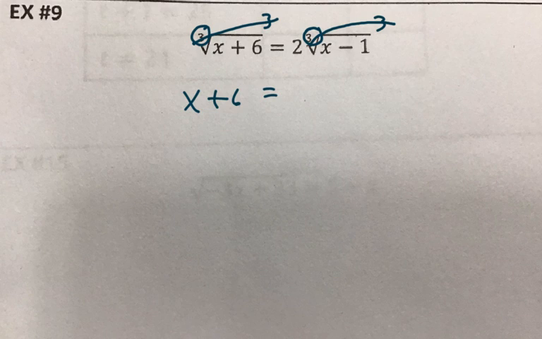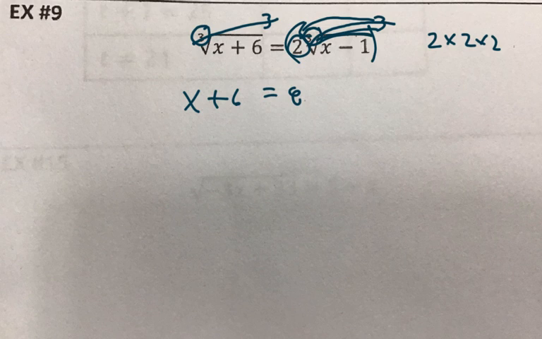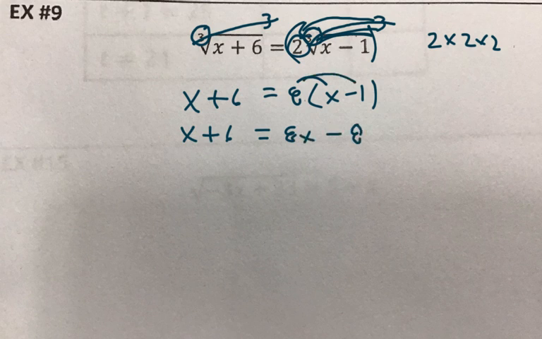Now, we have to understand that we're also cubing the 2. That could be the tricky part to understand. So 2 cubed, 2 times 2 times 2 is 8. And the cube of the cube root cancels out. And we're left with x minus 1. So we have x plus 6 equal to, let's distribute the 8 here, 8x minus 8, and now we have